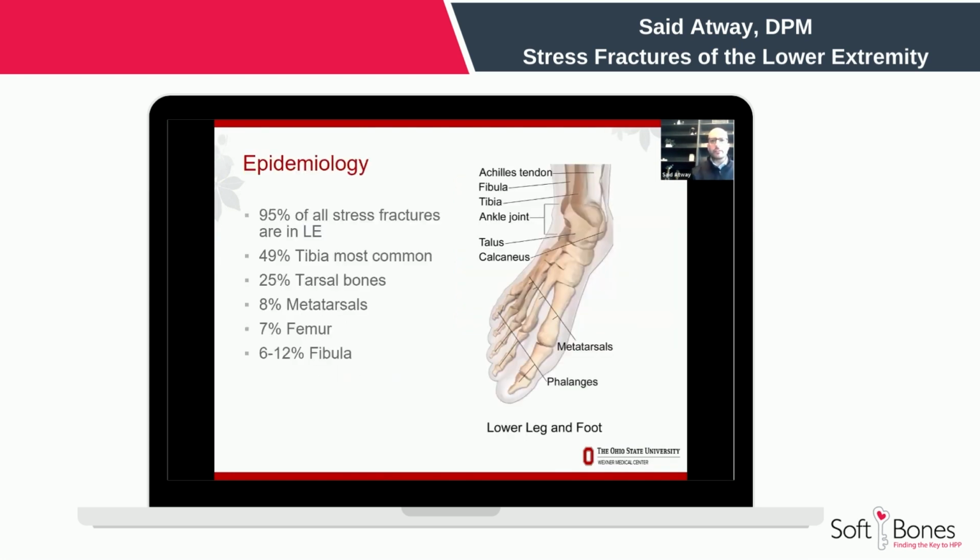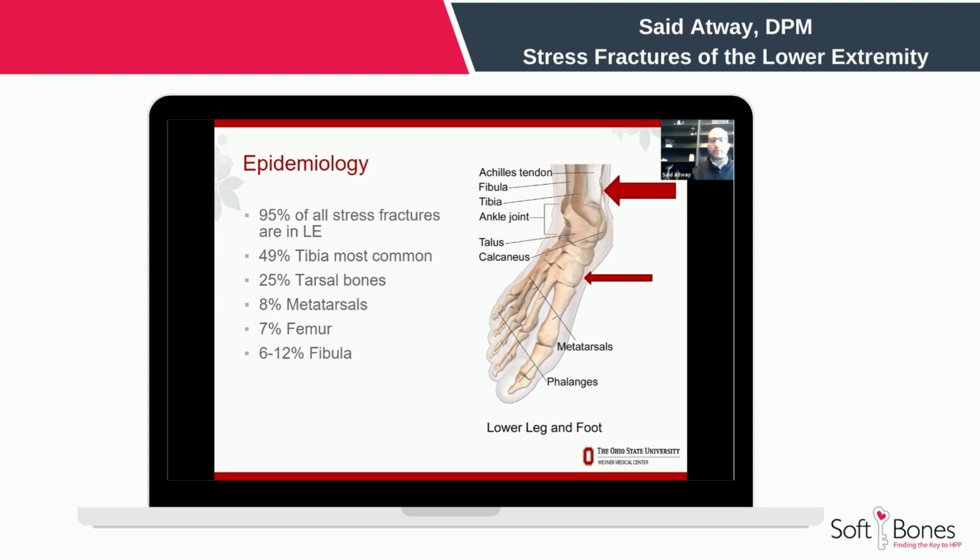So, epidemiology, 95% of all stress fractures are in the lower extremity. As far as taking up weight and gait pattern, that's mainly the reason why that happens. We don't weight bear on our hands, so lower extremity is where you're going to expect that. Nearly 50% are in the tibia, so lower leg bones below the knee. Another 25% in tarsal bones, so that makes up just kind of behind the metatarsals all the way to the